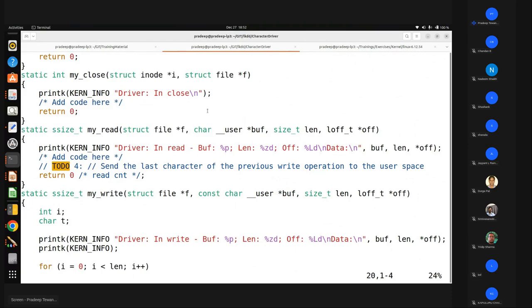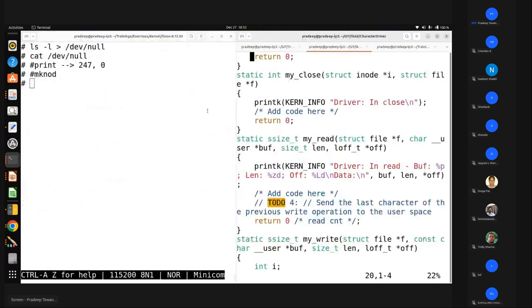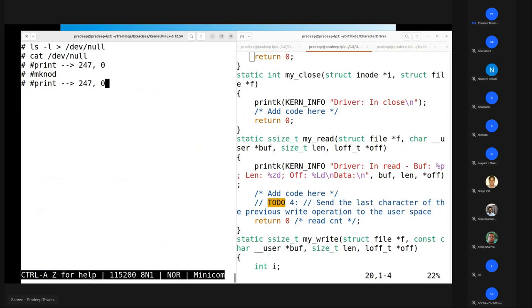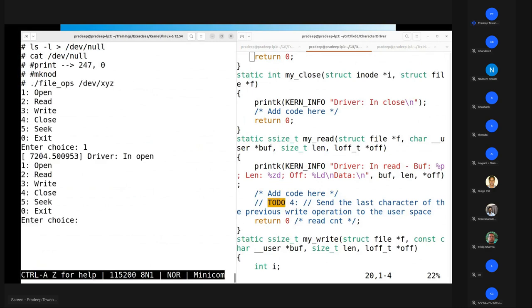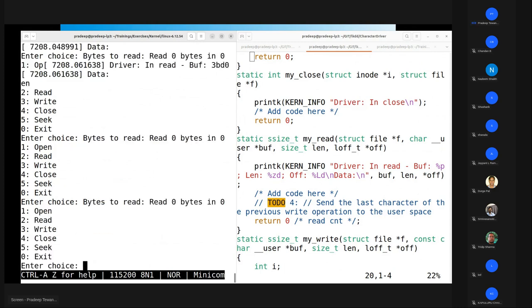The part which I want to cover is, you have seen over here, when I open this driver, I perform an open, and when I perform a read, it's giving me 0 bytes. It's not giving any data to me. So how do I send the data to the user space? After all, my driver is something which can give me the data and which can take my data. So I want to enhance this driver, and to do that,